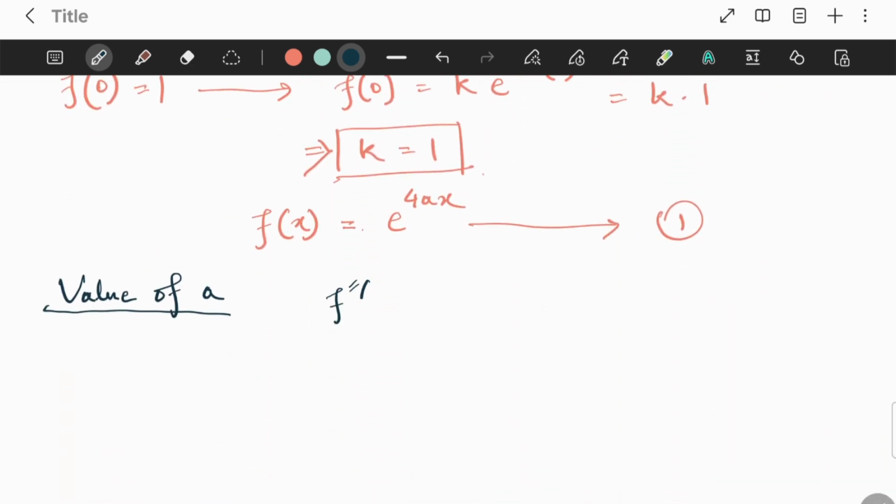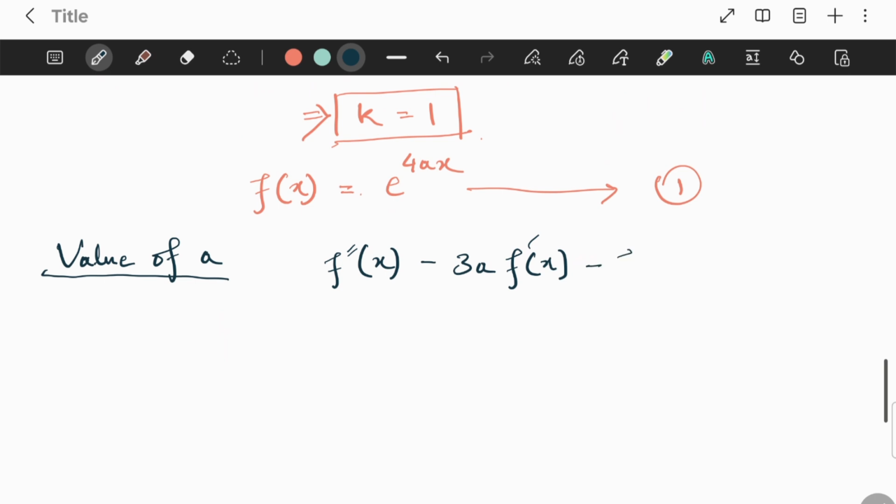So f''(x) minus 3a f'(x) minus f(x) equals 0. This gives us, if we just differentiate this function,